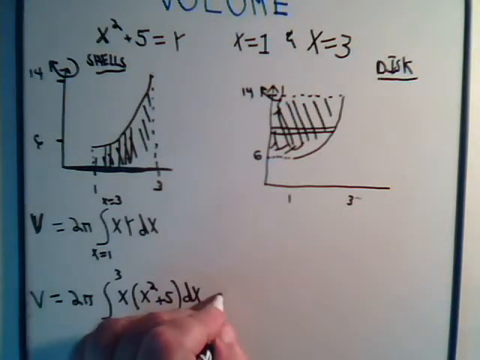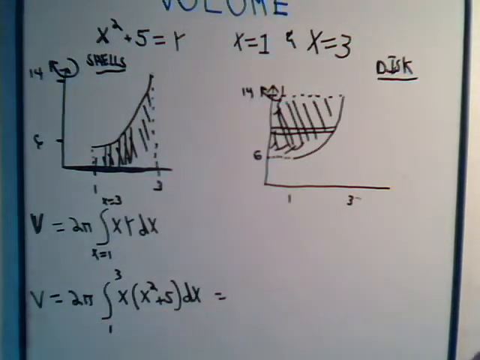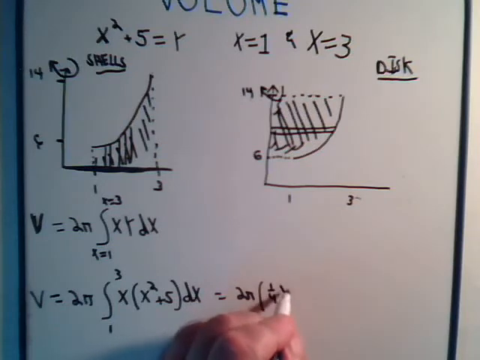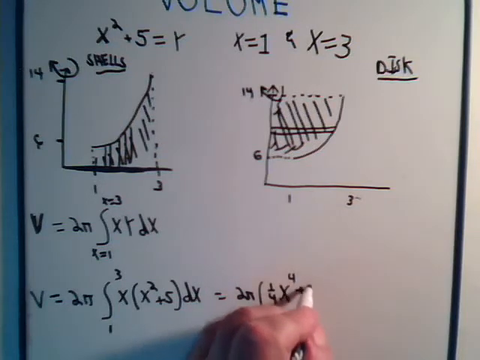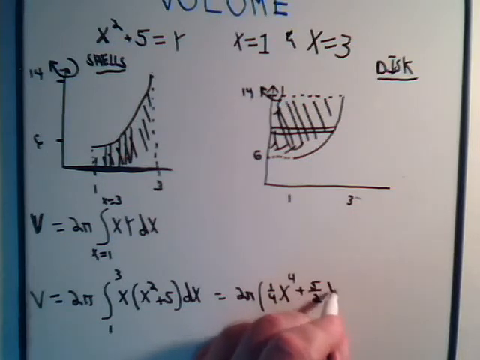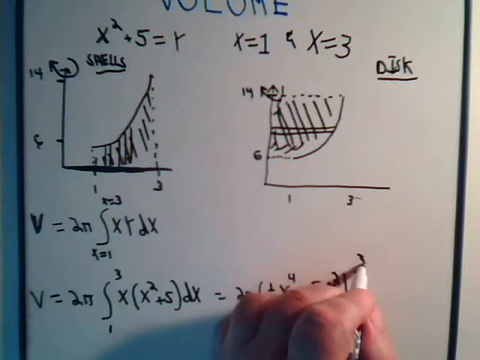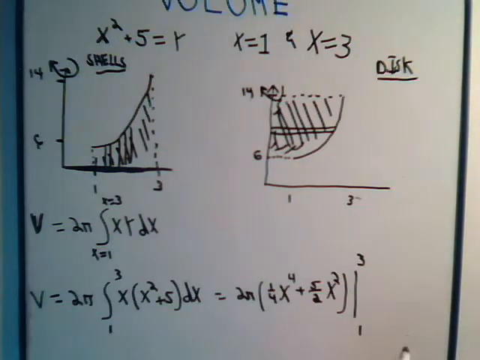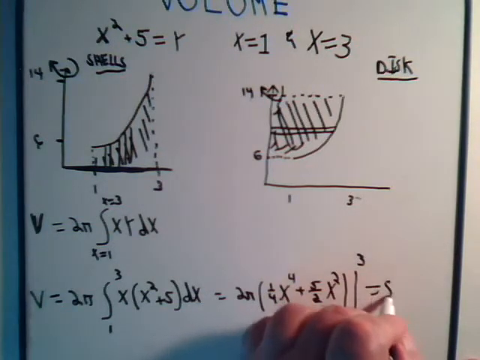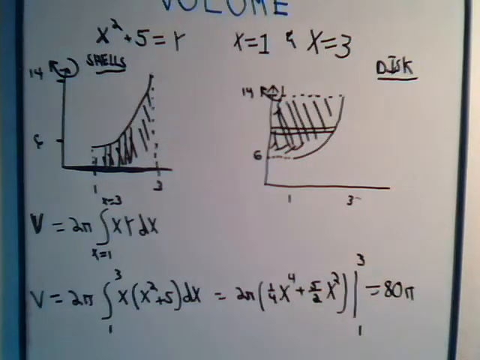Once we multiply through and integrate, we have 2 pi times 1/4 x to the 4th plus 5 halves x squared, and x goes from 1 to 3. Plug those values in, and it comes out the volume is equal to 80 times pi. And again, we're not going to go through other steps because this is a pretty simple integral